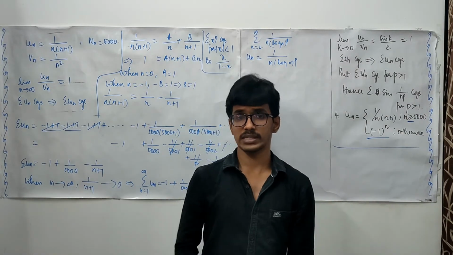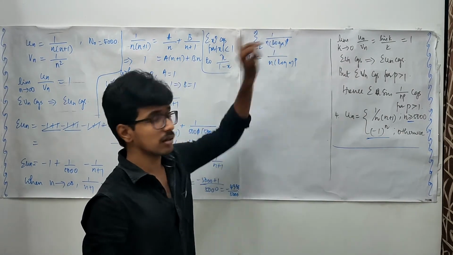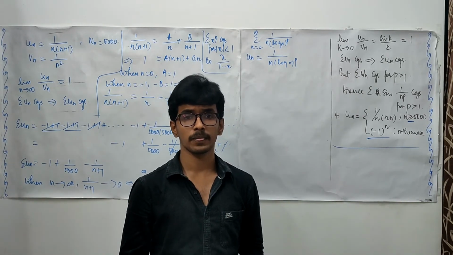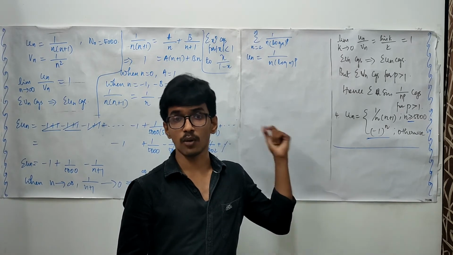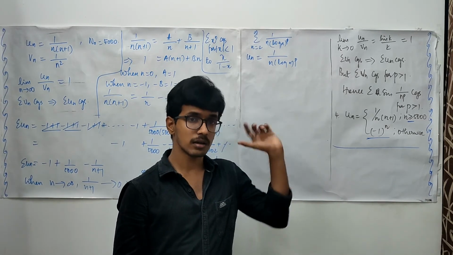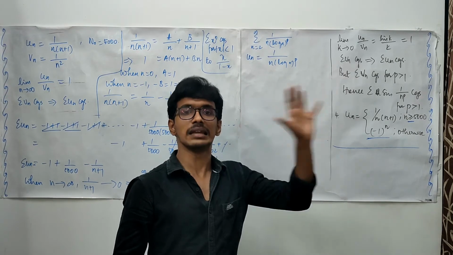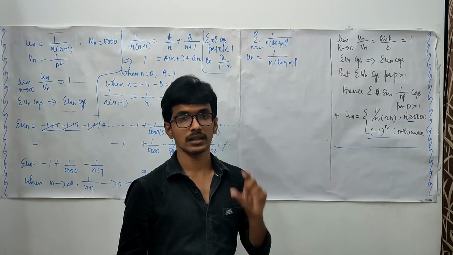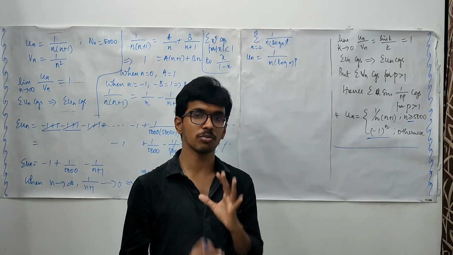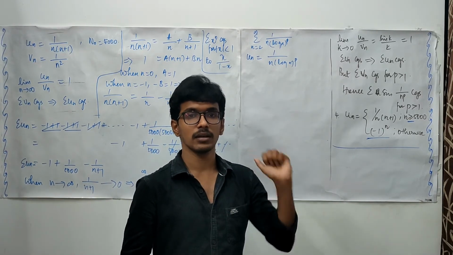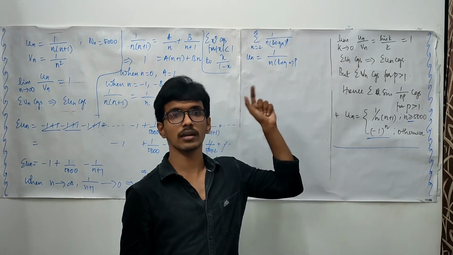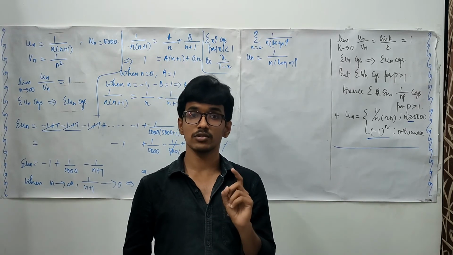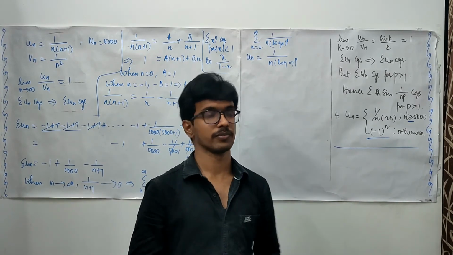Here you may ask me a question: why have we chosen n running from 2 to infinity, why not from 1 to infinity? When you choose n equal to 1, log 1 is 0, and you have log n in the denominator, hence it tends to infinity. The first term itself will give you infinity, which means the entire sum cannot be finite, hence it is divergent. When n runs from 1 to infinity, it is divergent. Now the question is to check when n starts from 2.